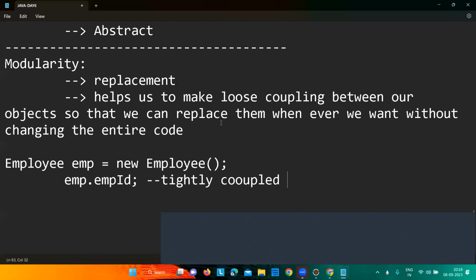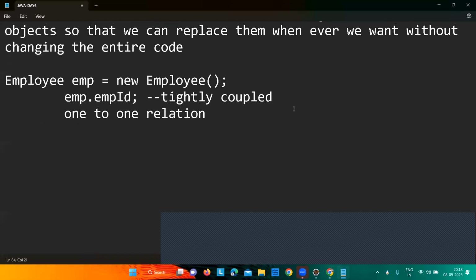In coupling we'll be having two types: tightly coupled and loosely coupled objects. Here we'll be saying this one as one-to-one relation. We can only use this object at once. Okay, one-to-one relation. But whereas we can create objects, like there are in advanced Java,